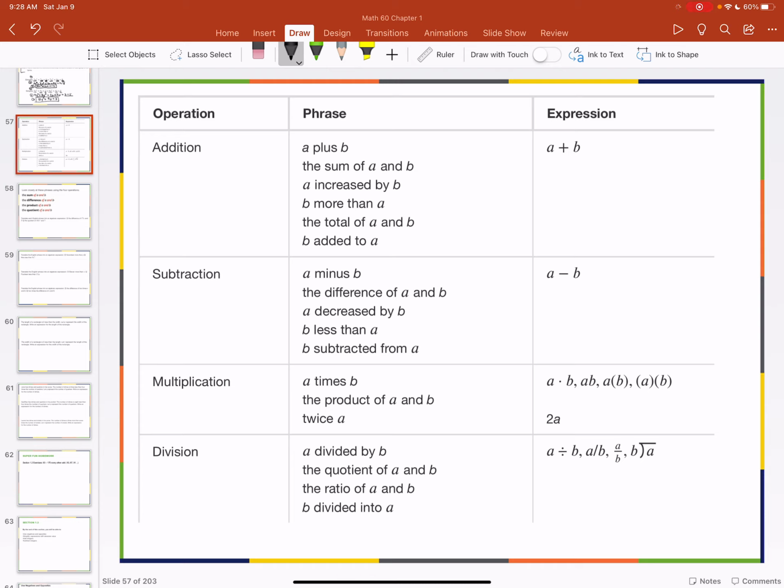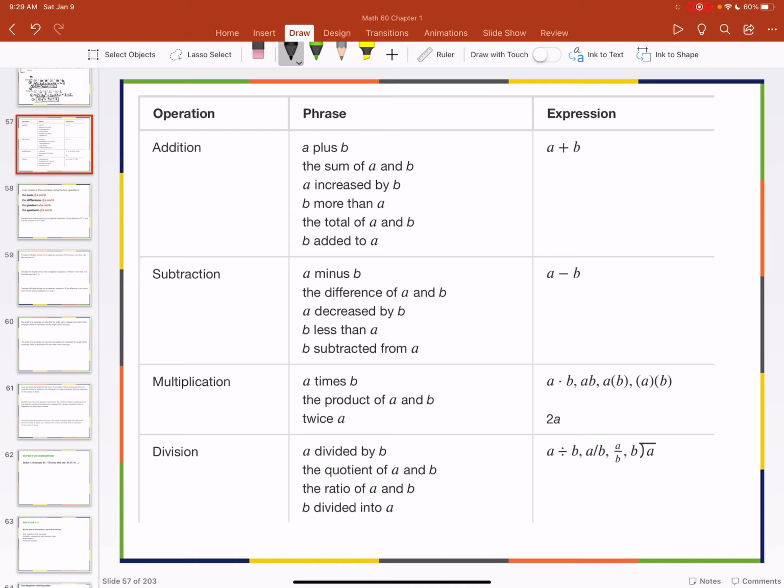Addition, subtraction, multiplication, division. Okay, for addition, we have a plus b, the sum of a plus b, a increased by, more than, the total, and added. For subtraction, the words that you might see in a word problem: minus, the difference of, decreased by, less than,